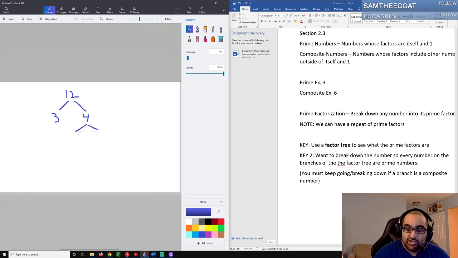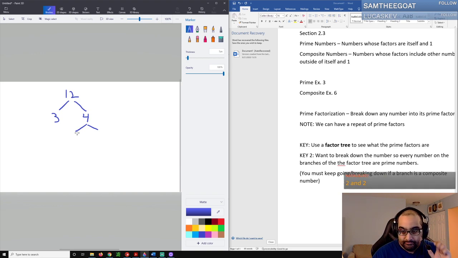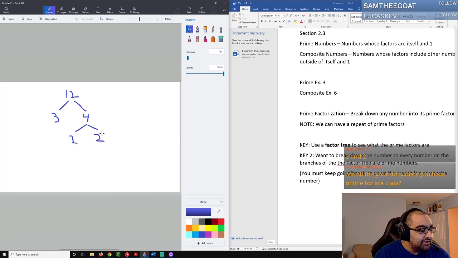So what times what is equal to 4? All right, 2 and 2. Good. So as we see here, 2 is a prime number and 3 is a prime number. So the ends of the factors here, these branches,